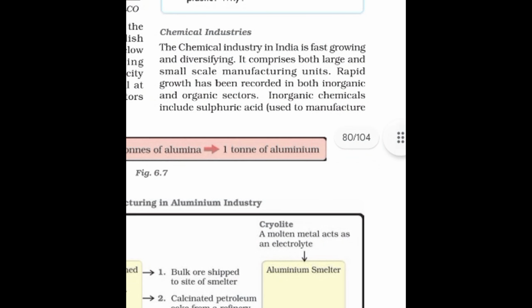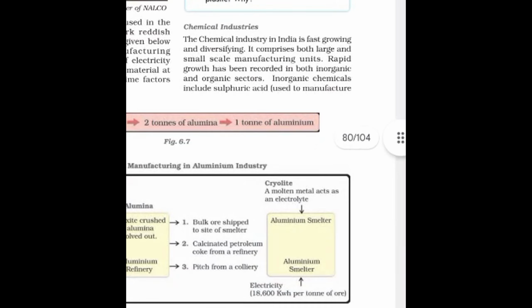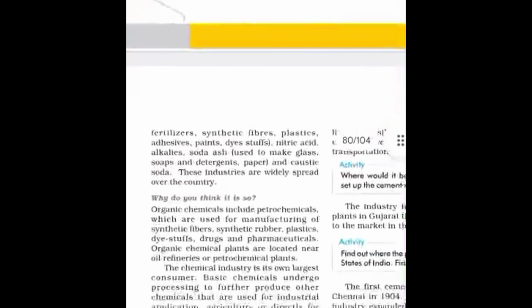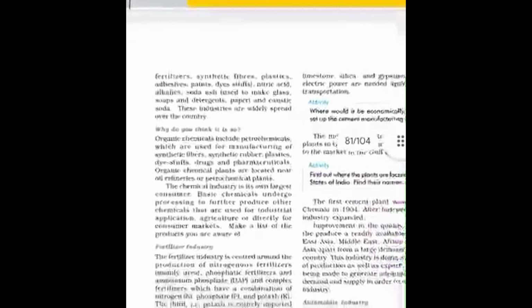Chemical industries today, because of the growing diversification, like you see, growth of the real estate industry, the demand for chemical industry has grown. We use chemical industries for fertilizer, synthetic fibers, plastics, adhesives, paints, dyes, and so on. You see how much the chemical industries are supplying to varied kinds of consumers, for agriculture, for the real estate boom, anything. So that is the reason there is a huge demand for chemical industries.